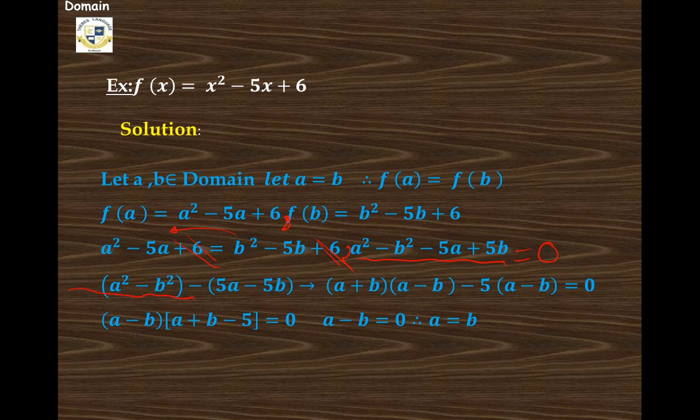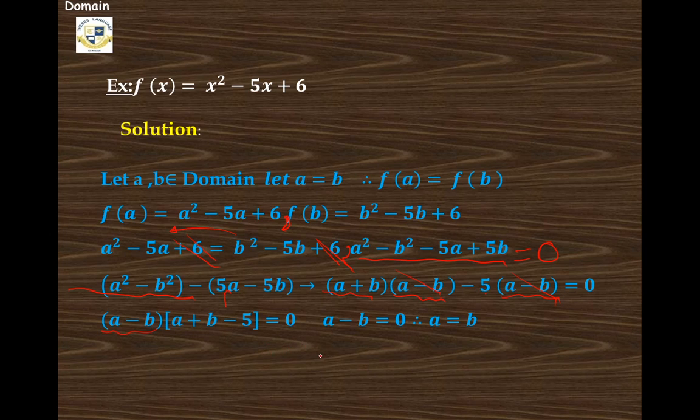Here this expression is written as a difference between two squares, and it can be factorized into a plus b and a minus b. Minus 5, a minus b. I'll take 5 as a common factor, then 5 multiplied by a minus b. Here I'll take a minus b as a common factor, and therefore the remainder will be a plus b minus